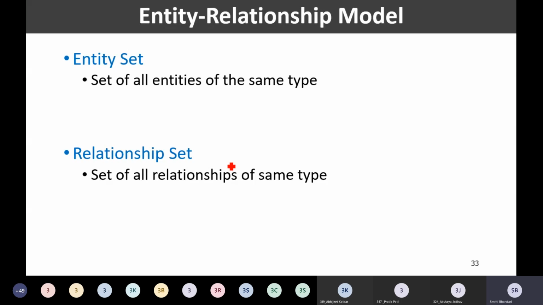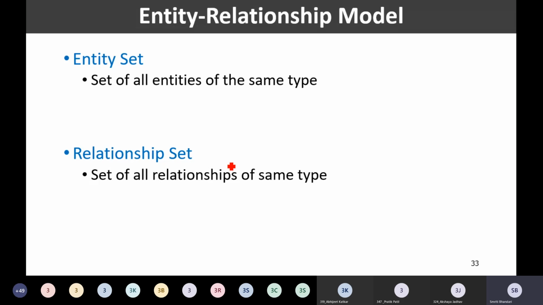Similarly, we are having relationship sets. Say for example, if I am having the relationship between instructor and department, then one instructor is related with some department. So instructor X is related with department Y, right?